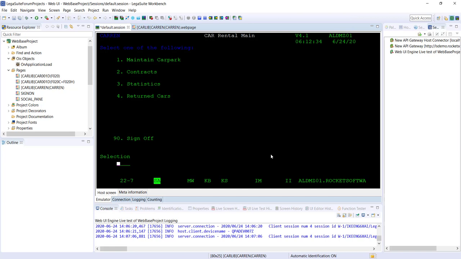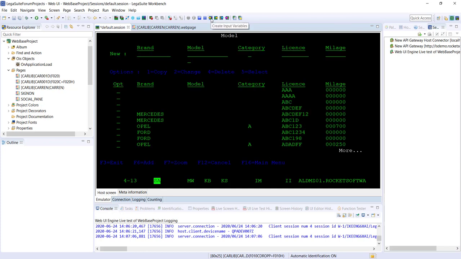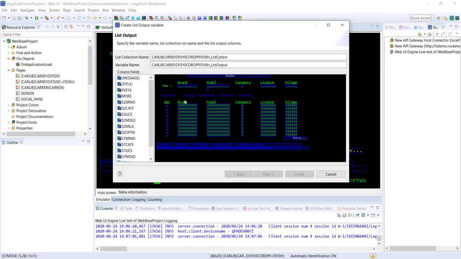And then we're now in record mode, so all the keystrokes that you're now taking are being recorded. The buttons up here allow you to define input variables, output variables. I'm going to define an output list. I'm selecting the columns,